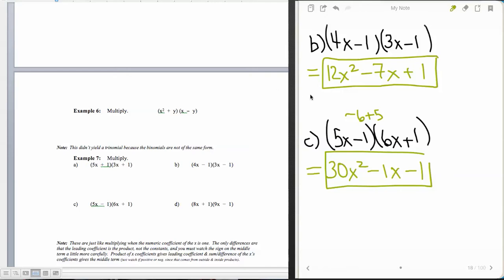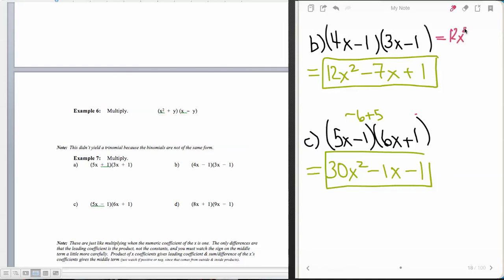All right, 7.2 continued. We were looking at binomial products where our constants were 1 and we had leading coefficients. What I was about ready to say in the last video was you may find yourself needing to do a FOIL method on these rather than a shortcut, just because of that little bit of difficulty with the outsides, insides, or just kind of going back to the last where we had numeric coefficients here as well as numbers for the shortcut method there. But if we FOIL these, 4 times 3, which gives us 12x squared, and then we